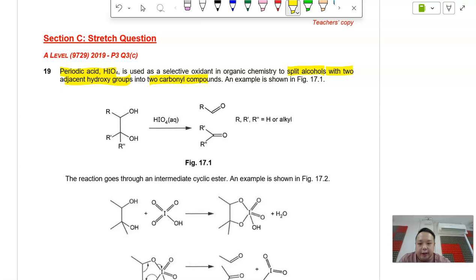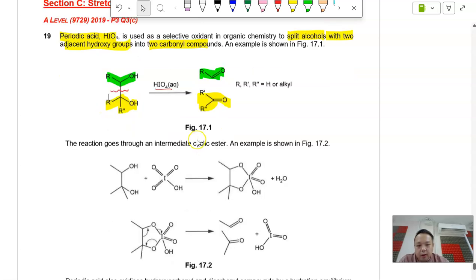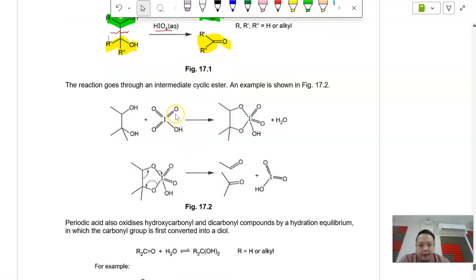So if you take a look at this reaction, what essentially has happened? You have this fragment here and this fragment here, which becomes a carbonyl and an aldehyde. So in this case, HIO4 must have broken the C-C single bond between the two adjacent hydroxy groups. They show you some mechanism, again good for us to take note of, and you realize that it's going to form this intermediate. Essentially, if you take a closer look at how this reaction proceeds,